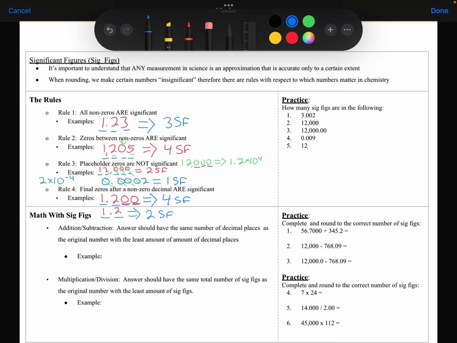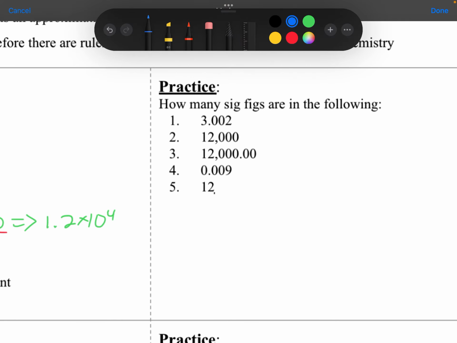All right? At this point, you could pause the video. You can attempt the practice problems on your own to see if you get it right. You can watch me go through them. Doesn't matter to me. If we look at our first number, 3.002, there are a total of 1, 2, 3, 4 digits there. 2 of them are non-zero digits. 2 of them are zeros that come between non-zeros, so that number is going to have a total of 4